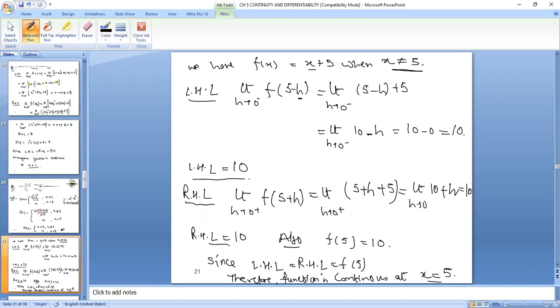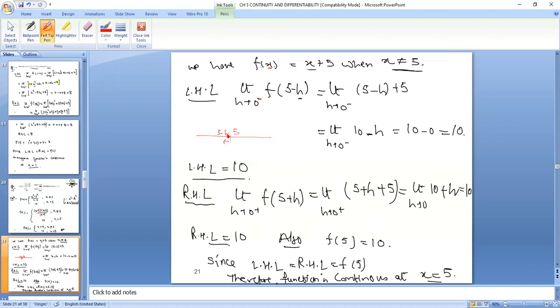We are taking h as a very small value, right? This value is very small, but whenever we subtract h, this point will lie somewhere on the left hand side, this 5 minus h. So that is why we are writing it with the left hand limit. So limit h tending to 0 negative means the limit on the left side. In the place of x we will be calculating 5 minus h. So limit h tending to 0 negative, we will put the value of x as 5 minus h, because